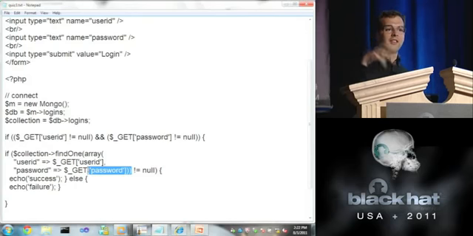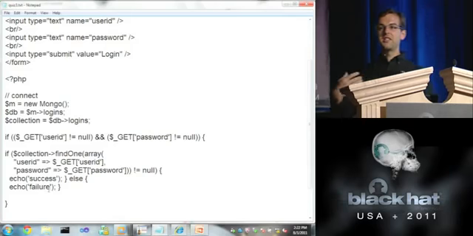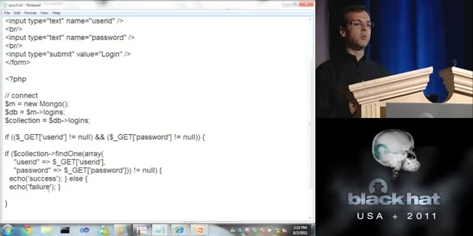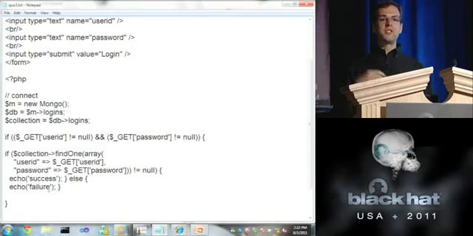And if at least one of those documents matches that query, then we let the person in. We just cheat here. Otherwise, you're rejected. So this is the Mongo NoSQL equivalent of select star from login where user ID equals X